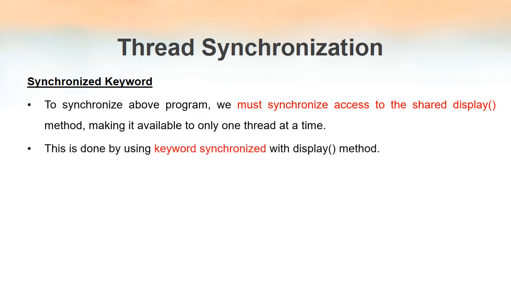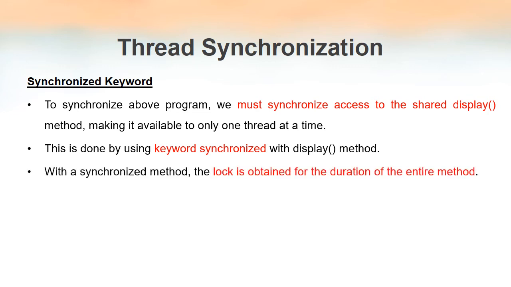And how to do that? For that we need to use the keyword named synchronized. Use the keyword synchronized along with the method name. So now the method will be synchronized void display. When the keyword synchronized is used, we are actually locking the method, so that if one thread is using that method, then nobody else can use it until the method is released by the currently accessing thread.